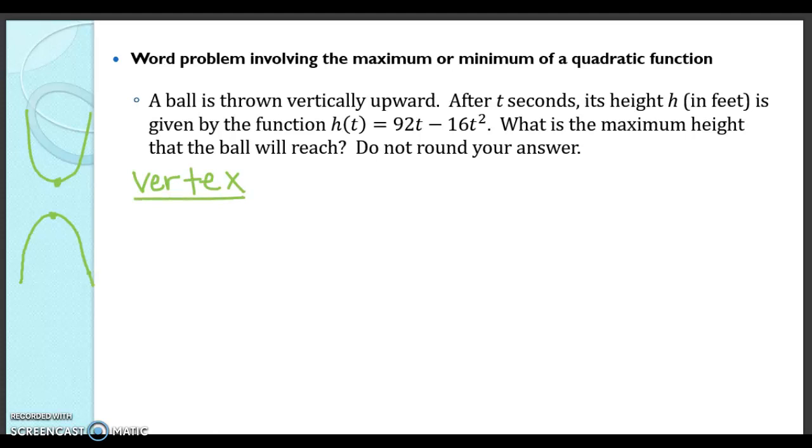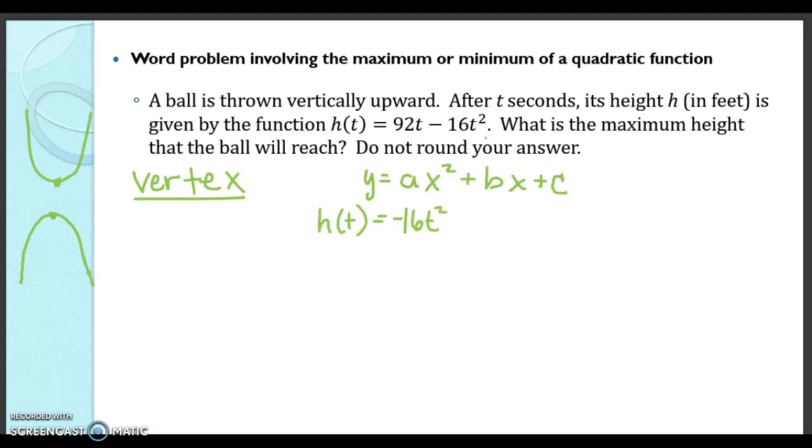So what do we need to find? We need to find the vertex of this quadratic function. Now we're usually used to y equals ax squared plus bx plus c. This one is not in that form yet. So let's write it so our squared term is first, and then we go in decreasing order of degrees. So this is going to be negative 16t squared